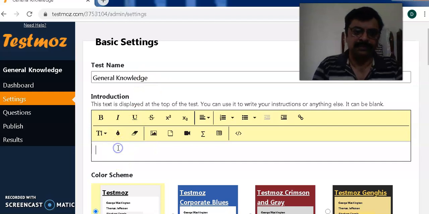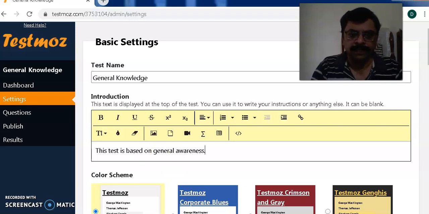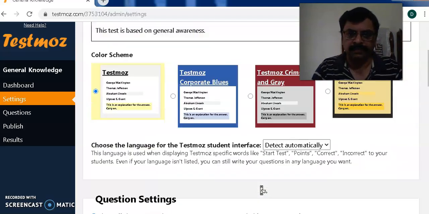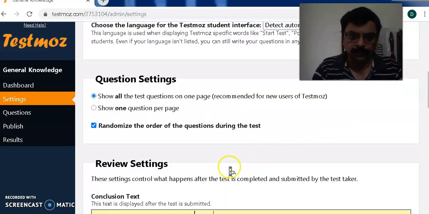Introduction. In introduction you can write, this test is based on general awareness. This is about the tool. That's it. Now below it, color scheme. Now whether you want to keep this color or this color or this color, I am just selecting the last one. That's it. Just move down.